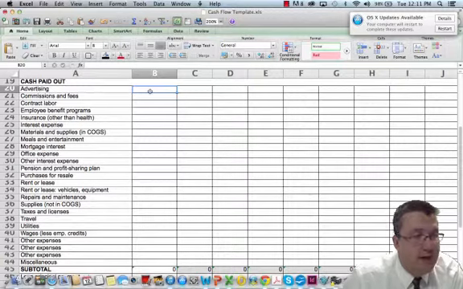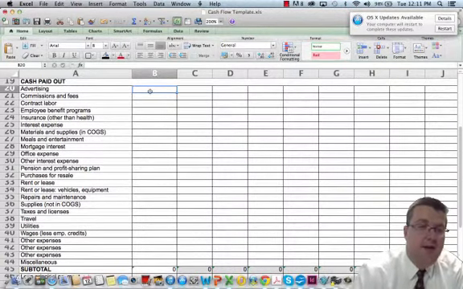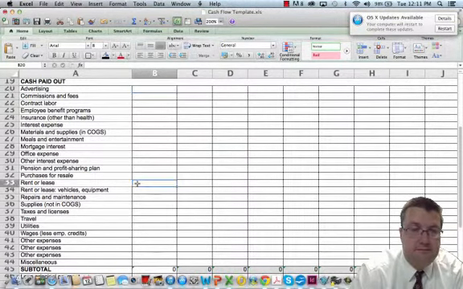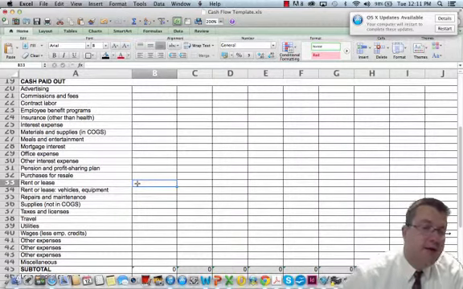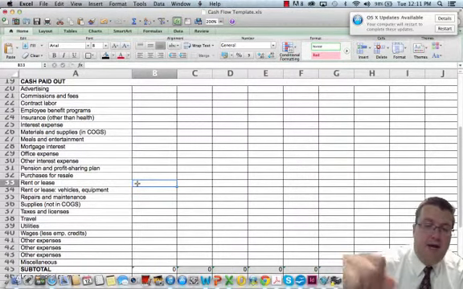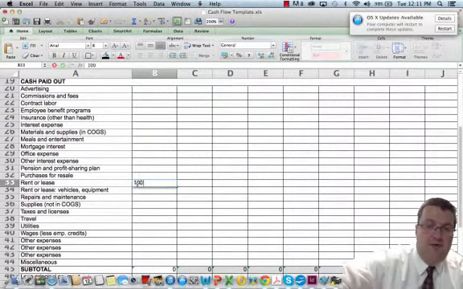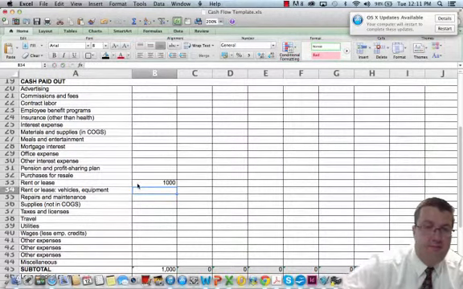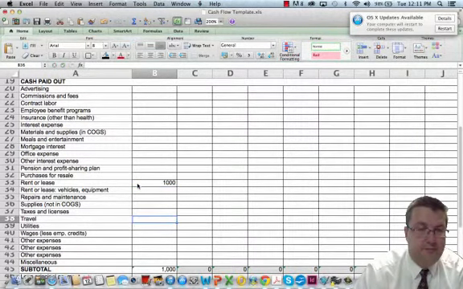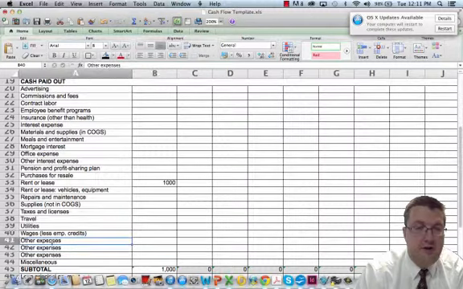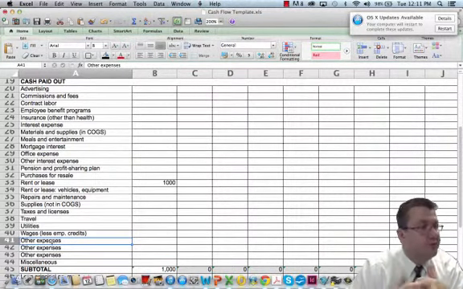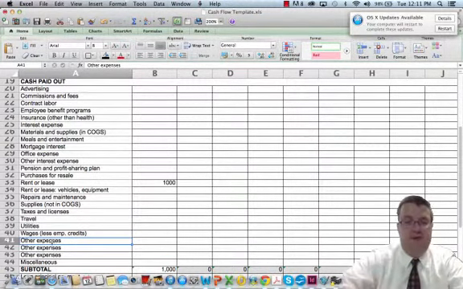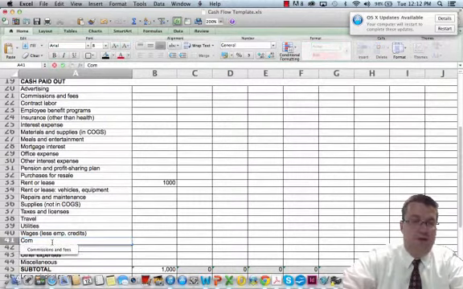Under startup, I may be renting an office space for $1,000 that month. Under other expenses, I gave you some room so you can customize that. And so I might put one under